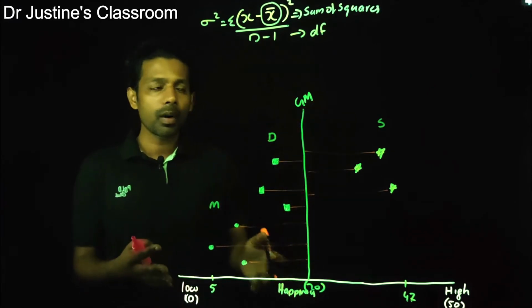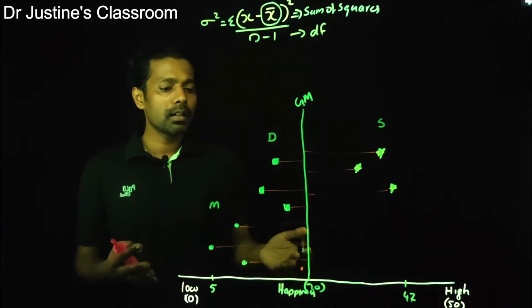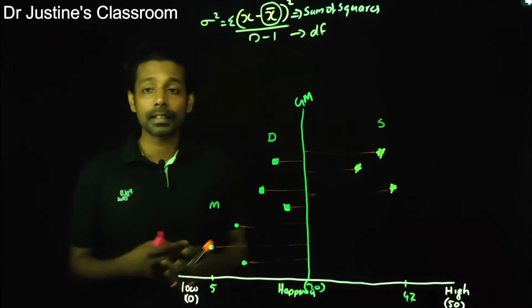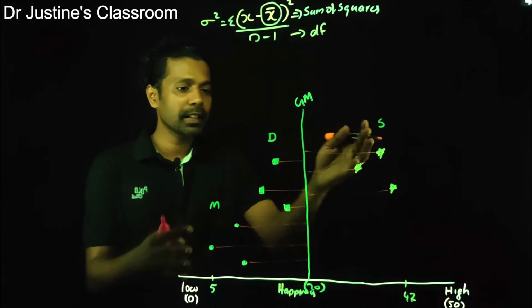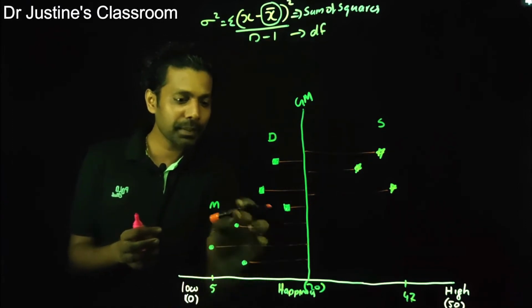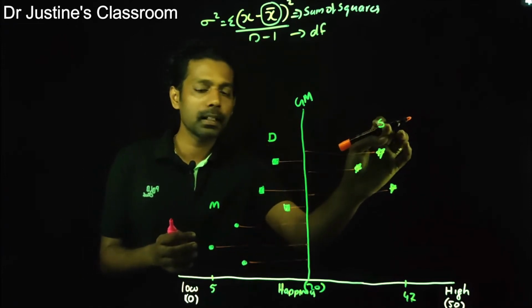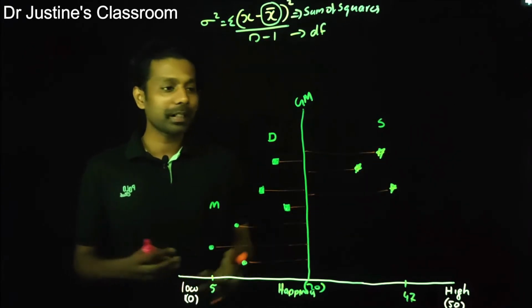Okay, now when I try to explain why there is a difference in this data, one reason that I get is maybe because they belong to these different groups. That means their marital status is one of the reasons for the changes in the data. Because see that this married man has very little happiness, the divorced man has a little more happiness, and this single man is really highly happy. So look at the pattern here.